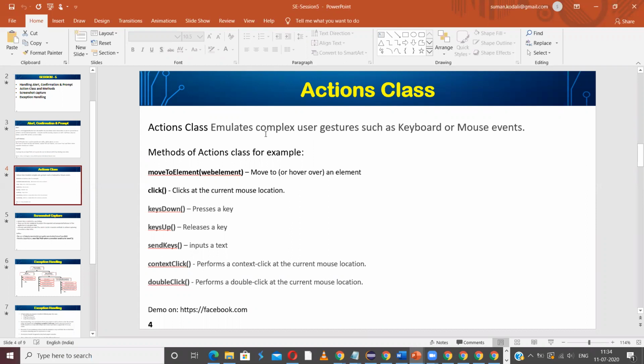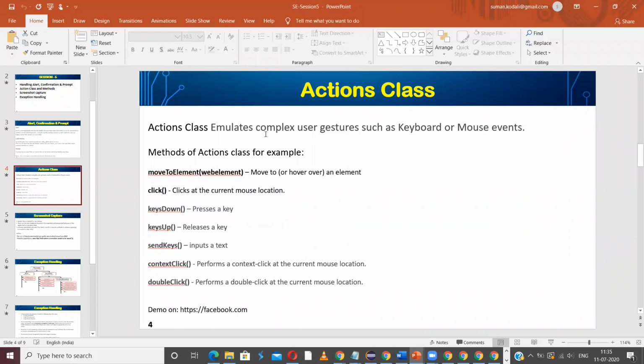And sometimes we may need to double click on an element. Suppose we have entered some text in an edit box and want to highlight it to copy. We double click, then the entire text will be highlighted, and then we can copy.